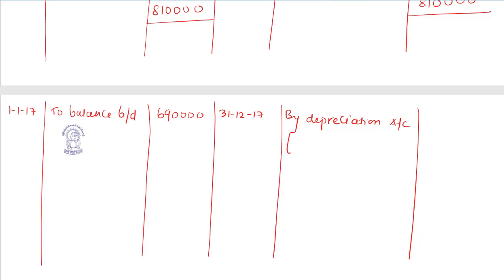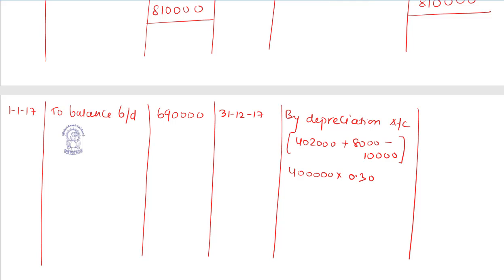Depreciation account for 2017: 4 lakh 2,000 plus 8,000 minus 10,000. Do it on your calculator. It is 4 lakhs. So 4 lakh multiplied by 0.3